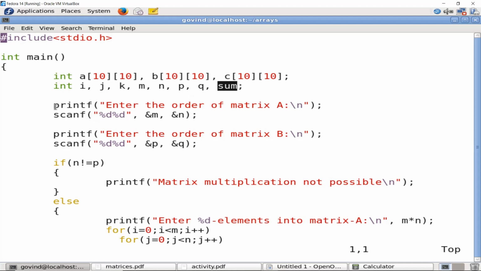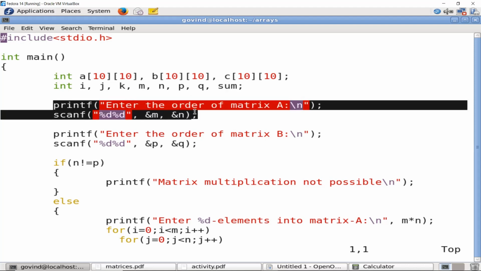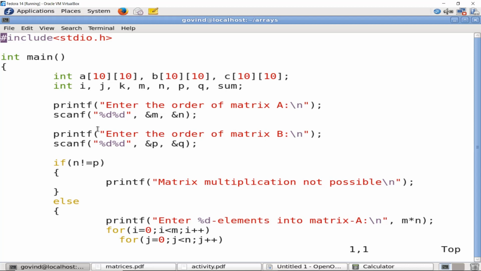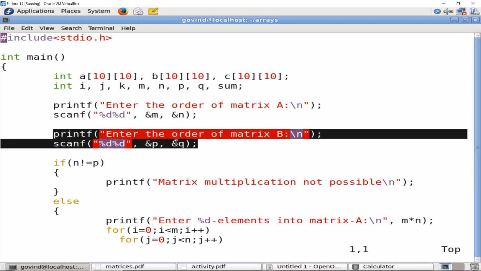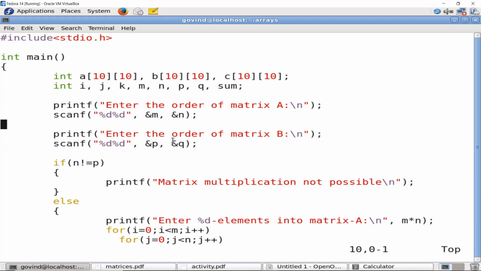Here I am asking the user to enter the order of matrix A, which I will store as m cross n. Here I am asking the order of matrix B, which I will store as p cross q. Next, as I said, matrix multiplication is only possible if the number of columns in the first matrix is equal to the number of rows in the second matrix.